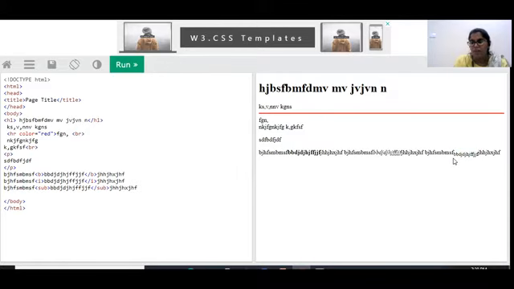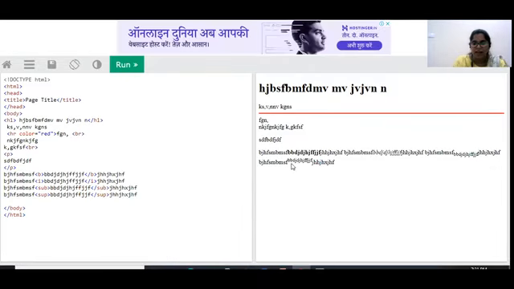If you want to write something like a tagline, then you can mention these subscripts. If you want to mention them as superscripts, you can use the tag SUP, so that the content will be coming on the top, a level top. You can see here, right? So this is how the text formatting can be done.